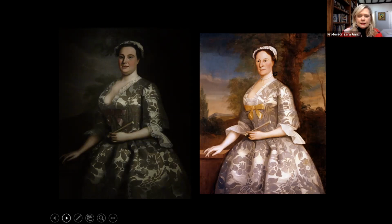And so what I think this Franklin portrait does is show you how fluid and flexible and adaptable colonial American artists have to be in this time period, whether it's reusing canvases, whether it's superimposing faces, whether it's learning from studying other colonial artists. You can see a lot of really interesting things at play here. And I think also that you see